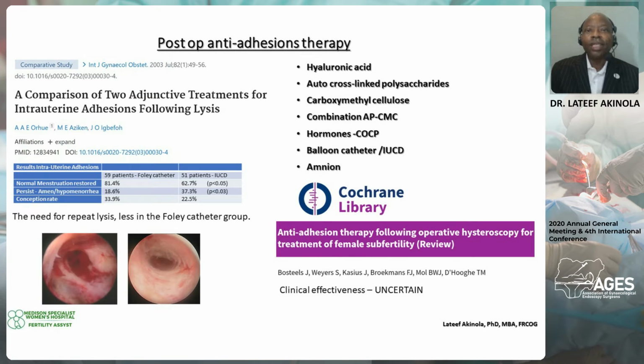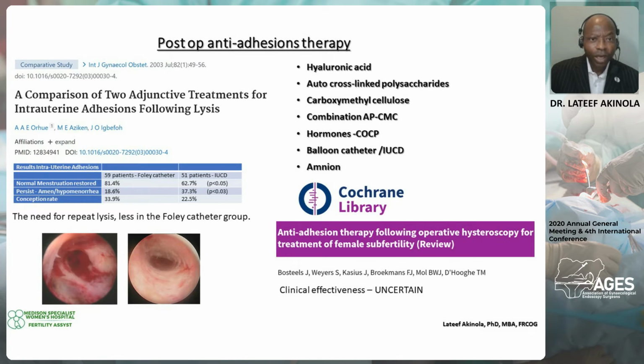Post-operative adhesion therapy, there are many: hyaluronic acid, polysaccharides, cellulose, combinations of the above, hormone therapies, and of course balloon catheter, IUCD, and amnion. And of course, we know now that a Cochrane systematic review has shown that all these processes have uncertain clinical effectiveness, but anecdotal evidence suggests that we do get some benefit from this,